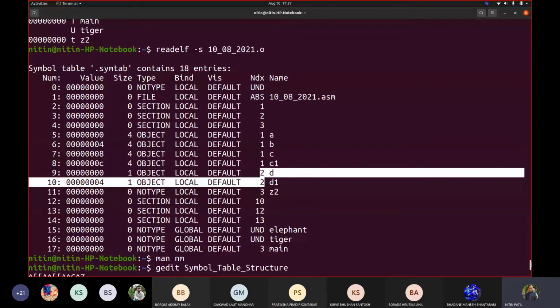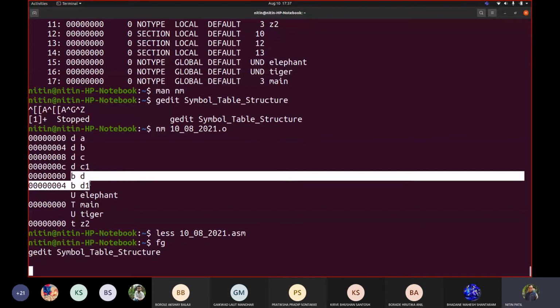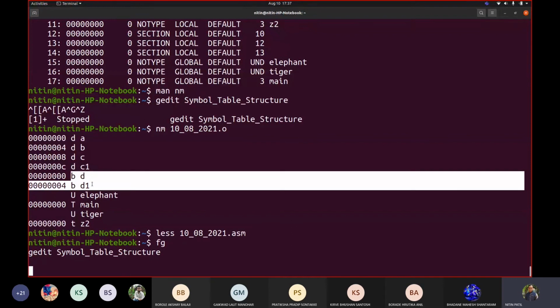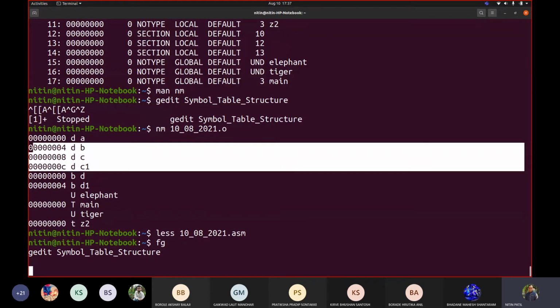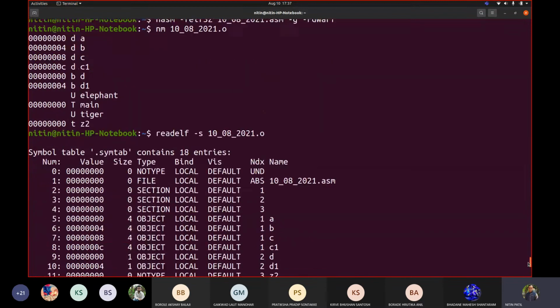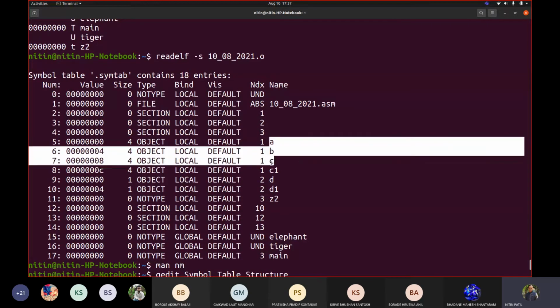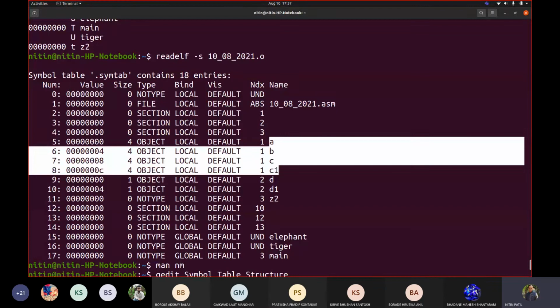If I see here, D and D1 are my BSS. That's what it is telling me. ABC and C1 belong to the data section. That's what the NDX column is telling me: A, B, C, C1 are part of the data section.